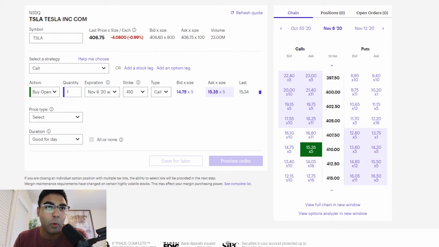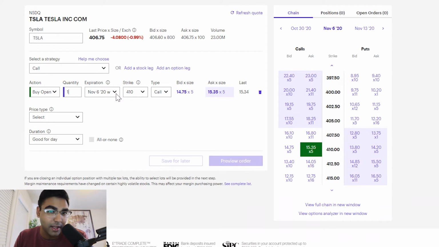So you can buy one contract, which is a minimum, and each contract has 100 shares, as we discussed. And so if you do 100 in terms of quantity, then you'll be controlling some outcome with 10,000 shares instead of just 100 shares. Now, expiration is basically saying, hey, by a certain date, and it depends on the stock, but usually these expiration dates are weekly